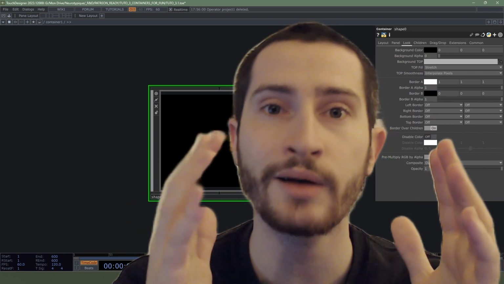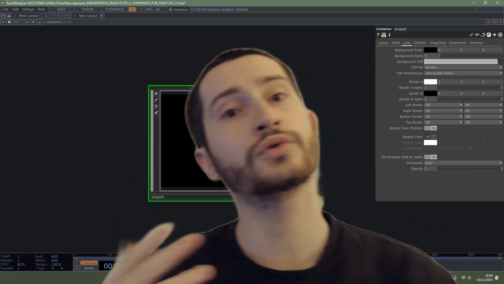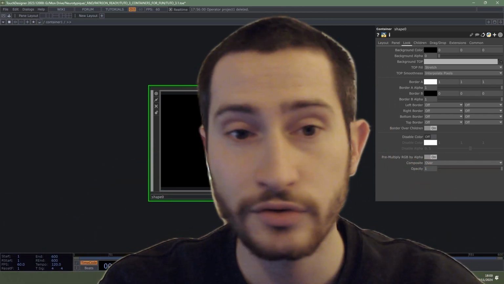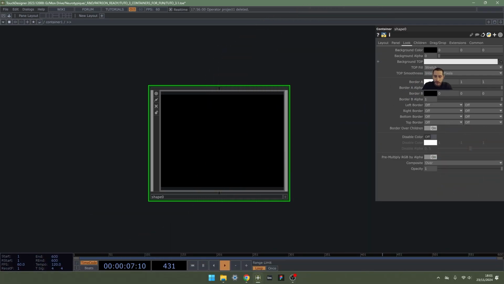In the look tab, you can select which TOP inside of this container you want to use as the background. So background is going to be what is displayed. In background TOP here, we can say we want to look inside, so dot slash, and specify circle 1. Oh, circle 1, yes.